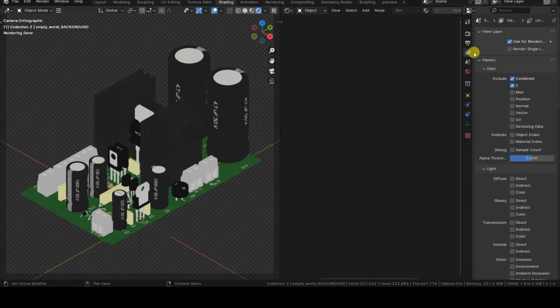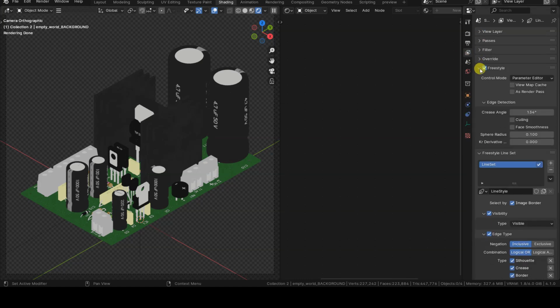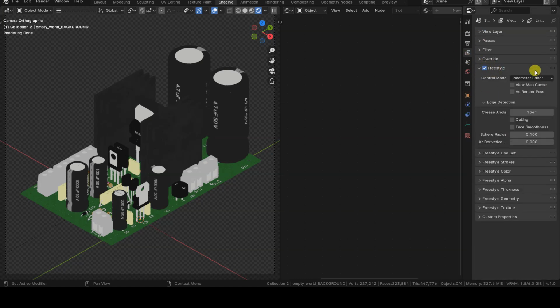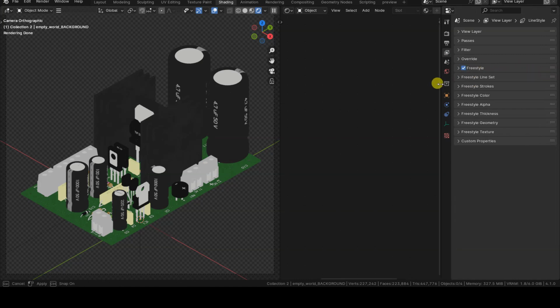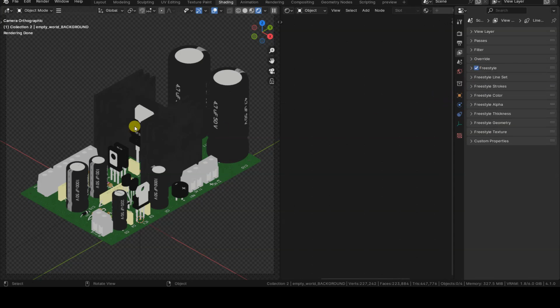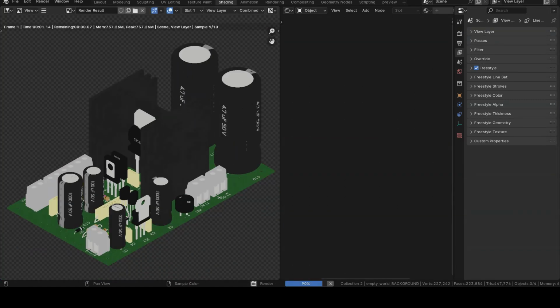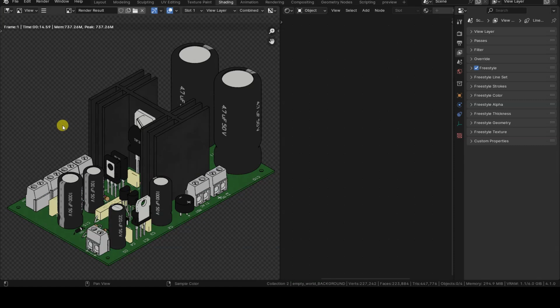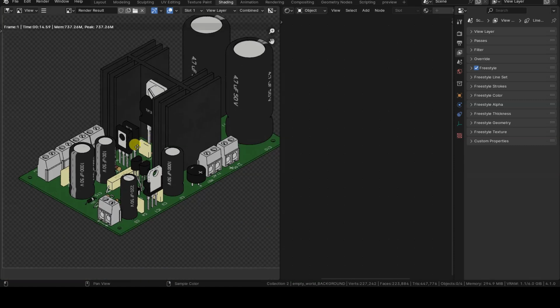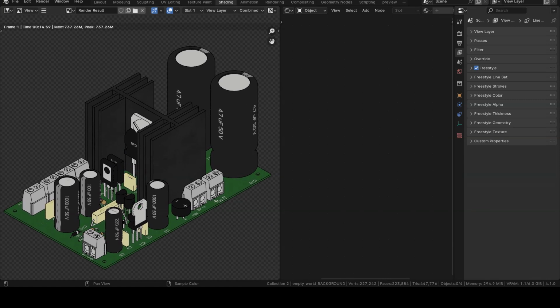In the View Layers tab, there will now be a Freestyle section where we can set many other parameters, but I will not go through them now. The rendering I showed you at the beginning of the tutorial was done simply by activating Freestyle and leaving the default settings. However, Freestyle is applied to the finished rendering, so its effects are not visible in the rendered preview of a 3D viewport. Therefore, let's start an initial rendering to observe the result achieved up to this point.